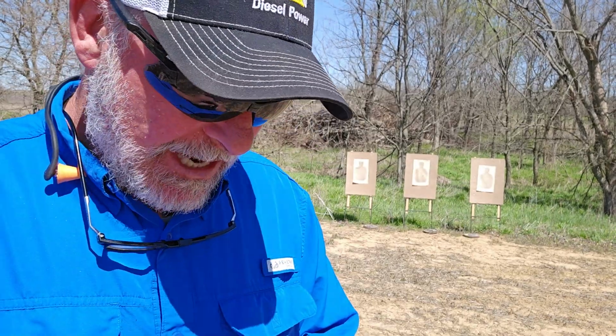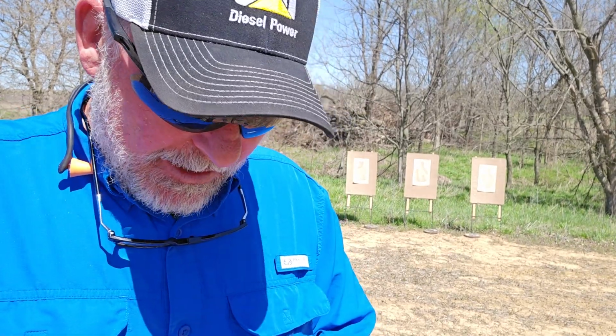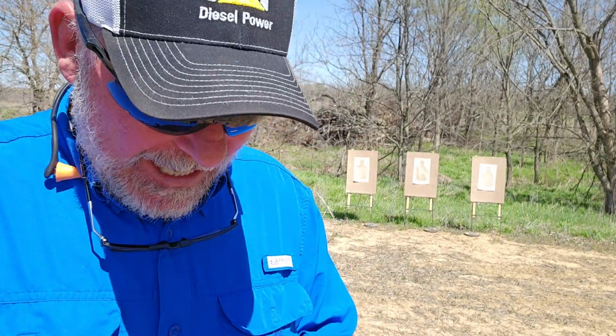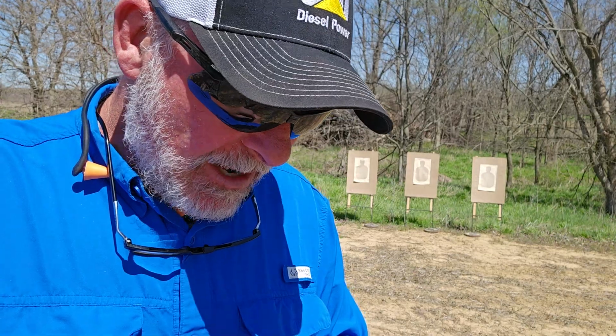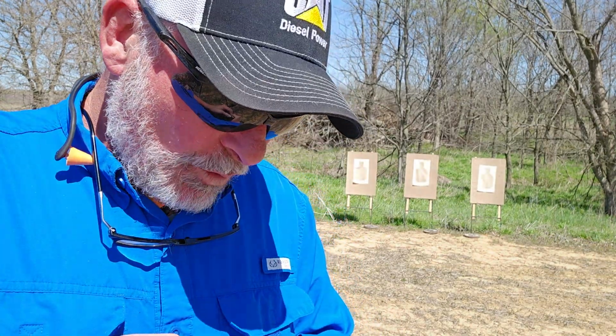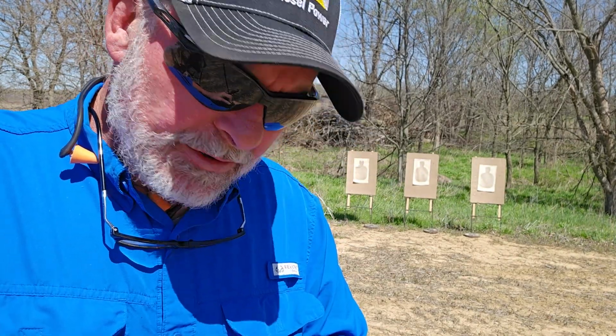So I walked into Graff's and this Canik was in there. I usually walk in there about once a week, and it had been in there for a couple of weeks before I bought it. And I've never messed with them. I know guys that have, and they really like them. And to me, it was just another plastic striker fired gun until I picked it up and actually started messing with it and seeing how the controls were laid out and feeling the trigger pull, and really putting my mind to what I actually had my hands on, which was something that I actually have come to enjoy quite a bit. I've pulled it up in the house